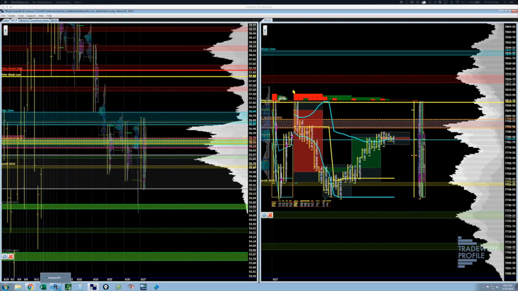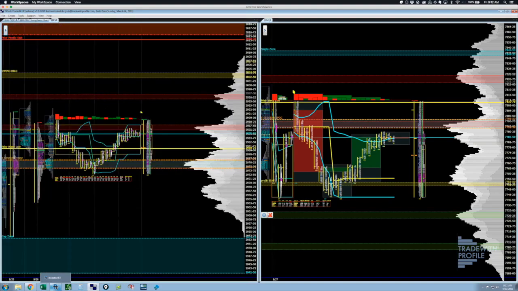Peter, I see your question about cumulative delta on Sierra Chart. I'm not a Sierra Chart user, so I don't know how to view it. I do use it. What's the question? It's just how to view cumulative delta in Sierra Chart. I have Sierra as a backup for myself. Not a big fan of it. It's just wonky to use, in my opinion. Not to say it's wrong. It's just wonky for me to use.